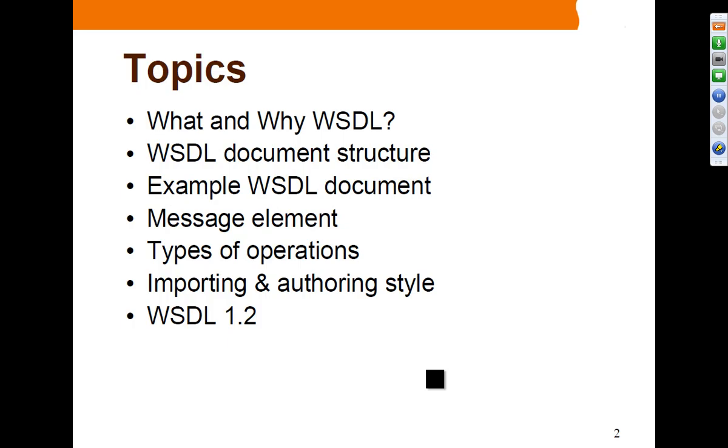So these are the setup topics we are going to cover. We are going to learn what WSDL is, and why WSDL is used. And WSDL is an XML language. So we are going to see the document structure, and then we are going to see the XML vocabulary that makes